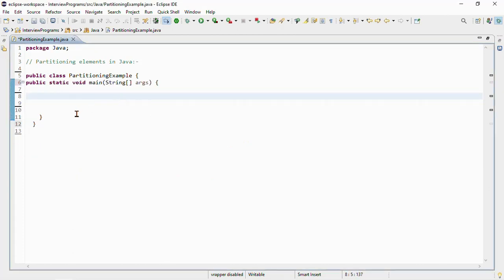So friends, let's see the code example for partitioning elements in Java. Let's see how to use the partitioningBy method. First of all, let's create a list of numbers using the List interface.